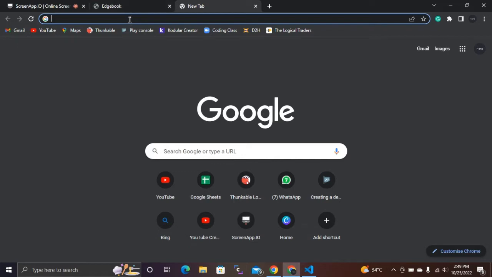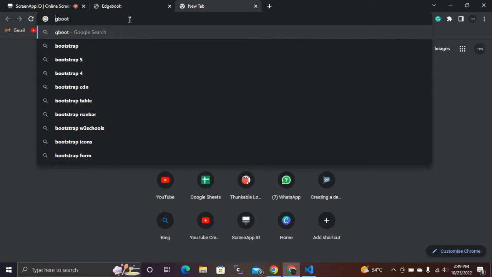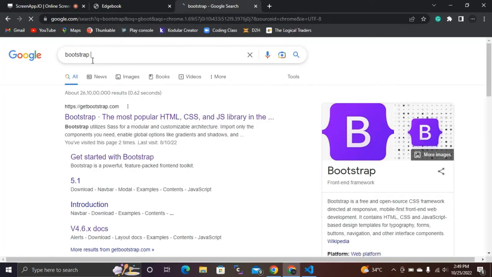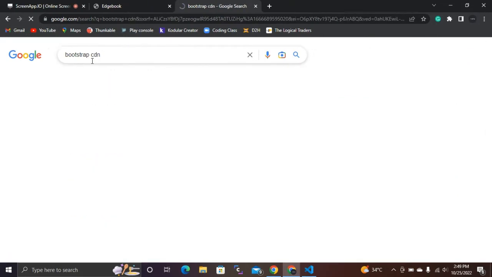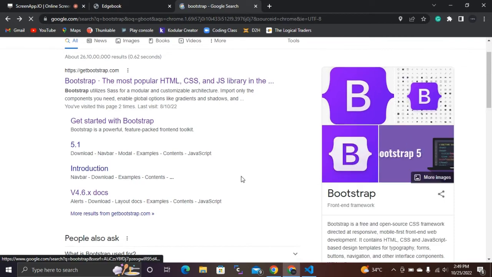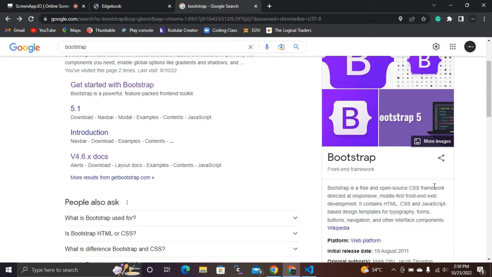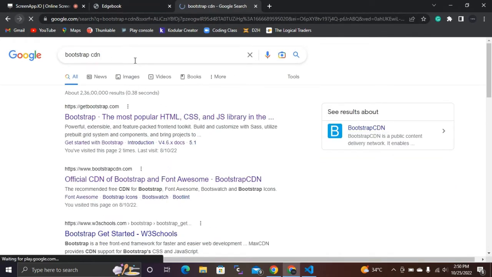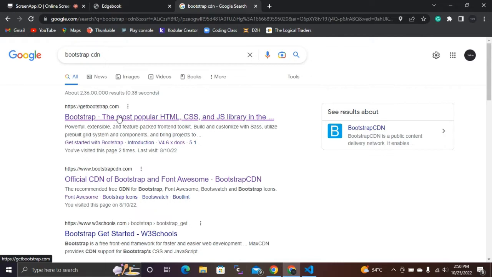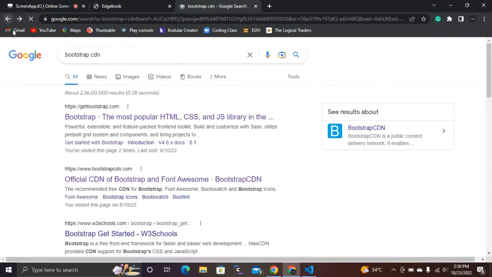So let's go to Bootstrap. Search for Bootstrap CDN. You can even see here, right? Bootstrap is a free and open source CSS framework directed at responsive, mobile-first front-end web development. It contains HTML, CSS and JavaScript based design templates for typography, forms, buttons, navigation, etc. Now we are going with the CDN, which means we are going to link this Bootstrap with our website. Not this one, the CDN part,